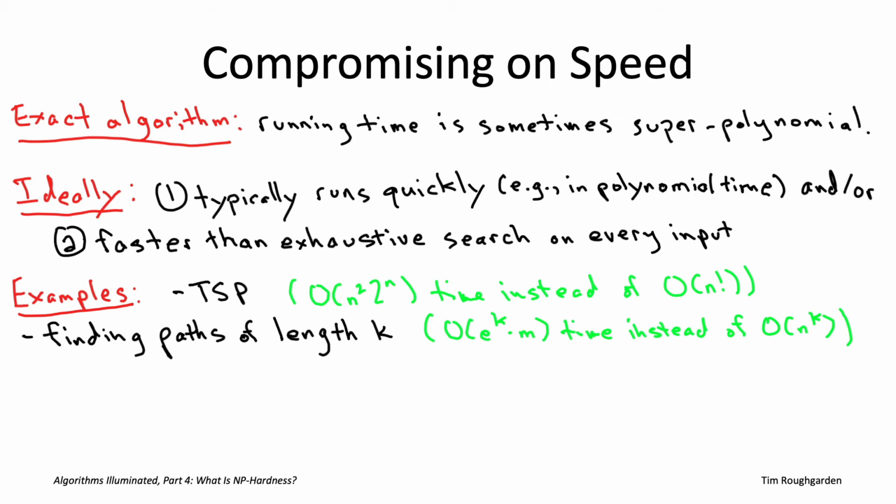But our combination of randomization and dynamic programming will bring the running time down to e raised to the k times linear in the graph size, where here e is indeed 2.718... So those are two super cool examples where we again revisit one of the tools that was already in our toolbox, dynamic programming.